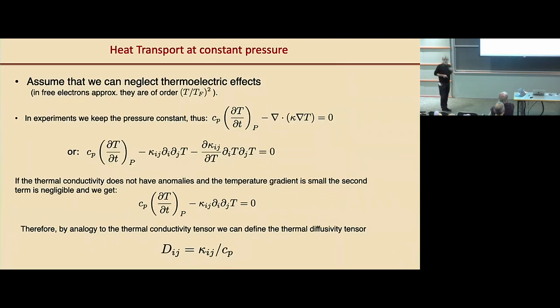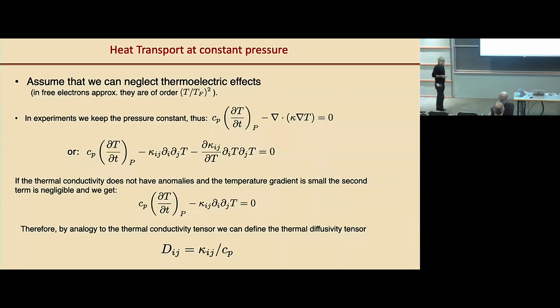When we do experiments in the lab, and this is very important, we usually work at constant pressure. And let me just mention that at least within free electron approximation, constant pressure versus constant volume, or constant chemical potential versus constant number, all these differences, as well as the addition of the electrochemical, the thermoelectric part, they are all adding terms of order T over T Fermi squared, so we usually ignore them. And we end up with a simple thermal diffusion equation that we usually try to solve by